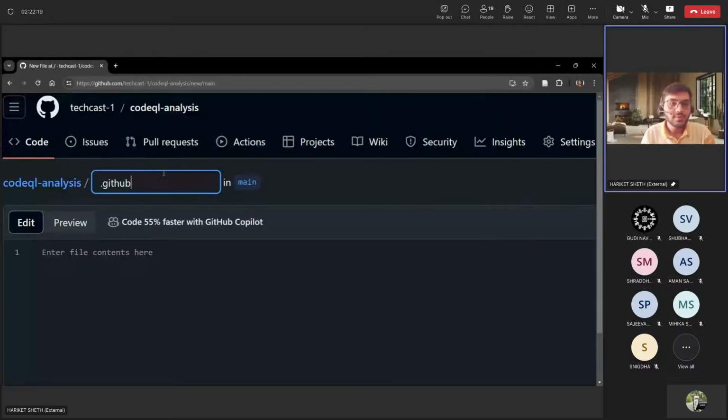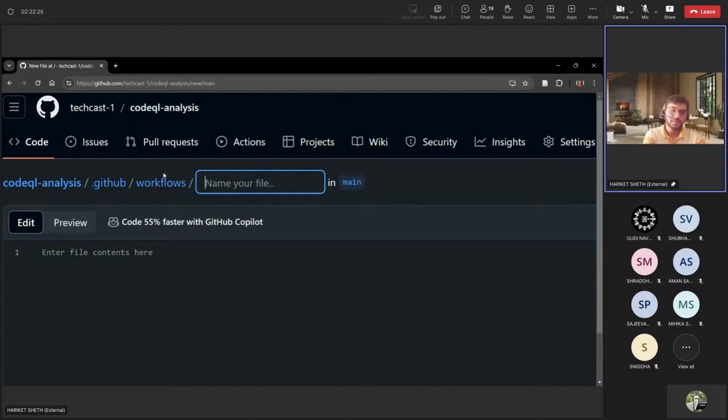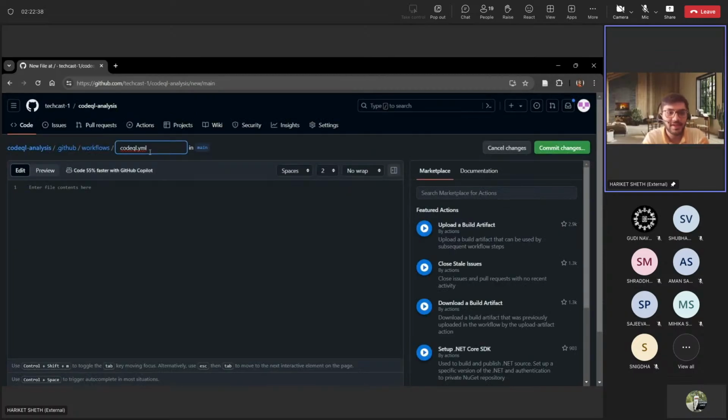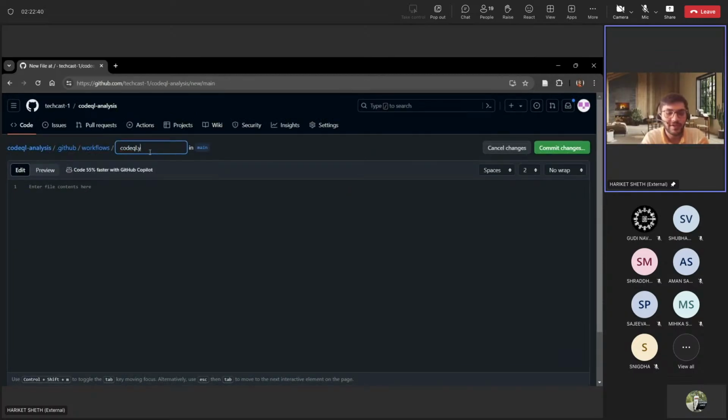In the .github folder, you have to make a folder known as workflows, and there you will be writing your YML file, which is yet another markup language. This is the configuration file for your CI/CD pipeline. I'll write it as codeql.yml. And as I type the .yml format,